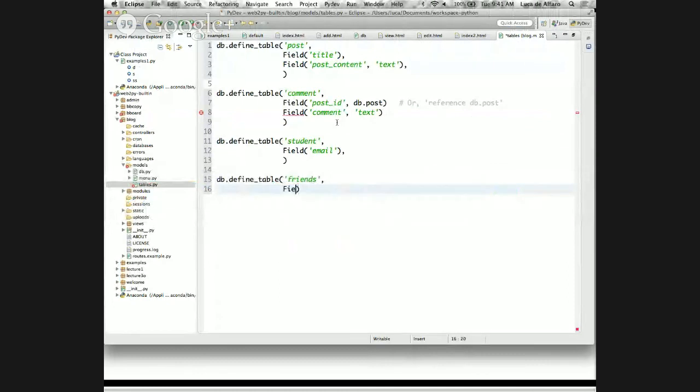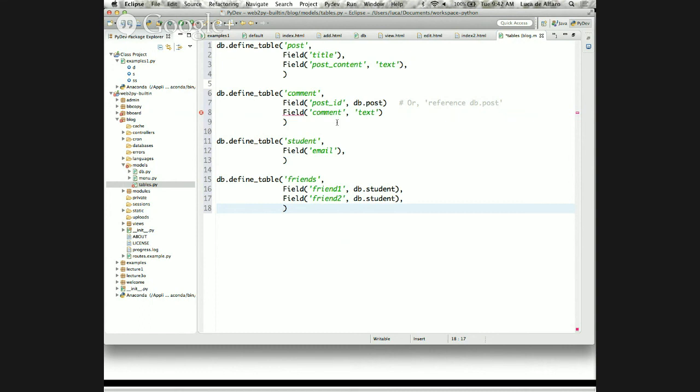You can say a field, and the names are a bit arbitrary. I can say friend one. This is a pointer, and it is a db.student, okay? And then I can say field friend two, db.student. Okay. So in this way, I can build a relation between students. Of course, you can decide whether the ordering matters. For example, suppose that Luca and George are friends. Do you put Luca as friend one and George as friend two, or vice versa? It maybe doesn't matter, right?